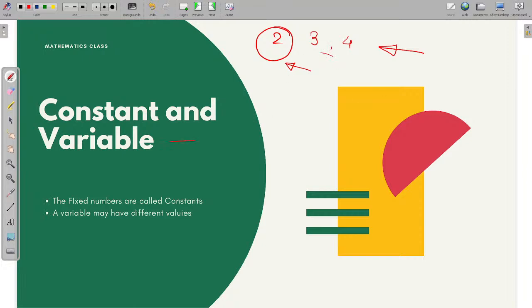And what about variables? Variables may have different values, and those are like x, y, z. So x can have different values. We can use them in equations to solve them, and we might get different values every time, right? So yeah, now the next thing is